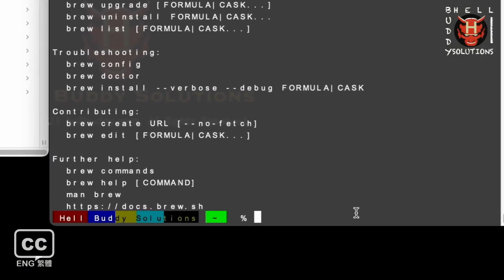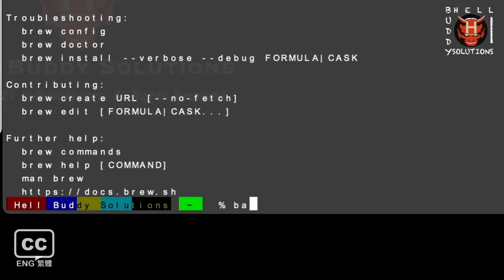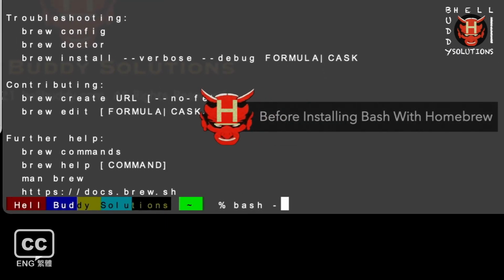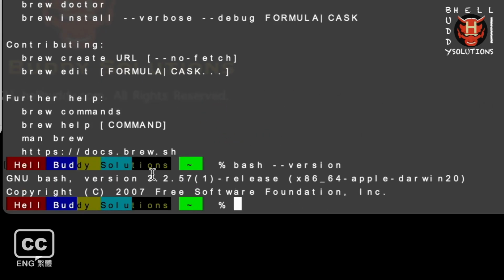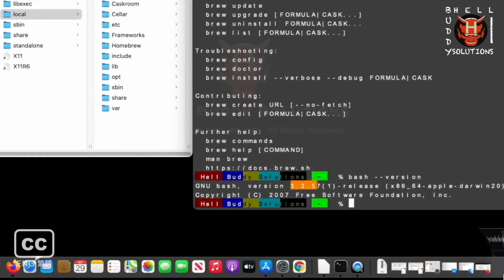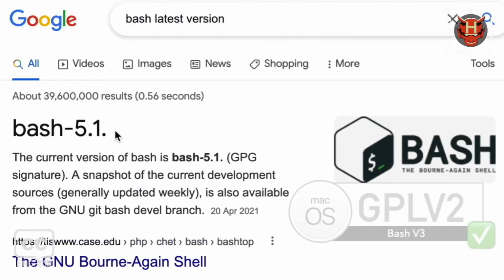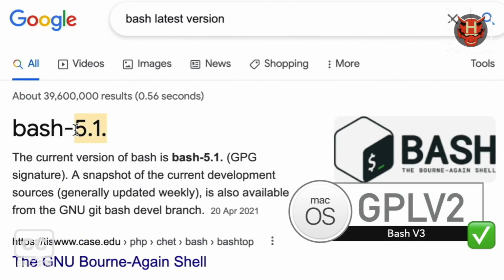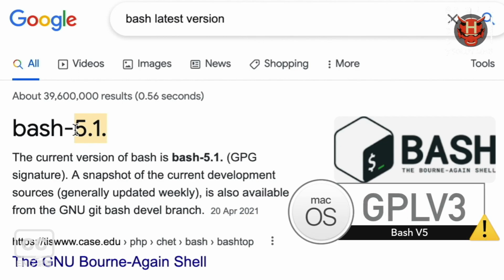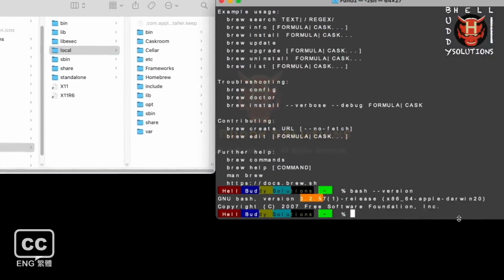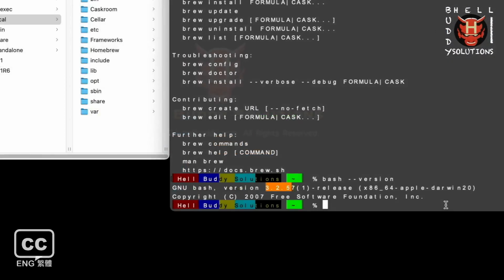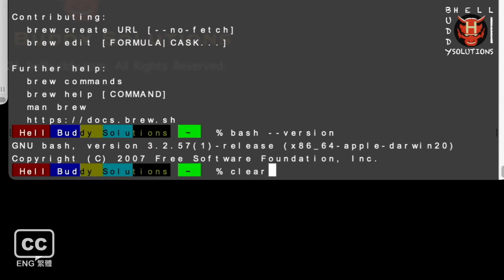You can use the same method to check your current Bash version on your Mac. Type bash, make a space, two dashes, version, hit enter. The current Bash version is very old for Mac Unix. Apple doesn't have a Bash update license and can't provide you with the latest version of Bash to fix bugs, only older licensed versions. Z Shell is currently the default shell on Mac Unix since Mac OS Catalina. This is the current version of Bash. You need to install the latest version of Bash on your Mac.